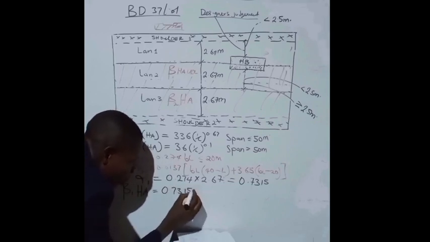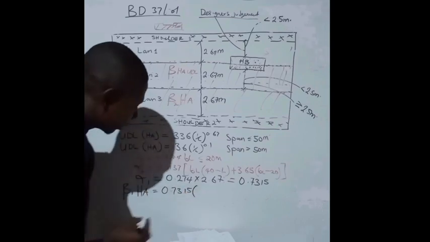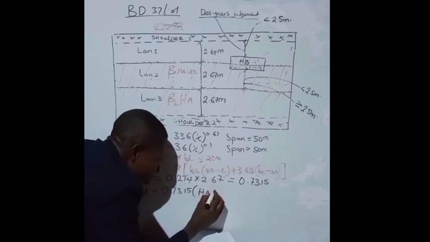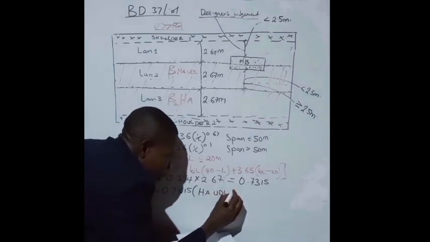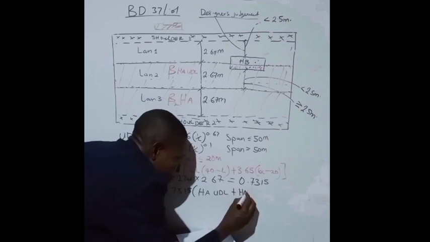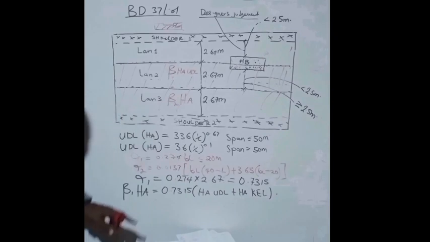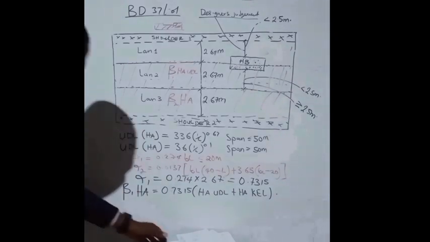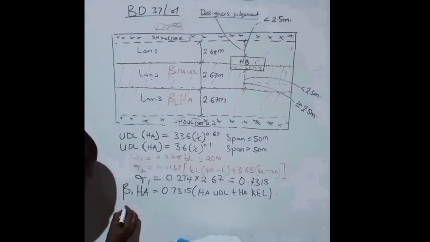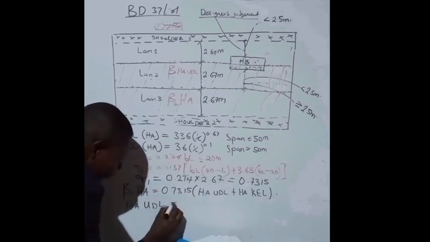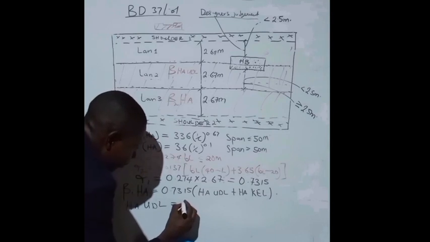7315, okay, in brackets, HA UDL plus HA KEL. So that's what we're going to have. Now let's look for HAUDL. We have that HAUDL is equal to, we have